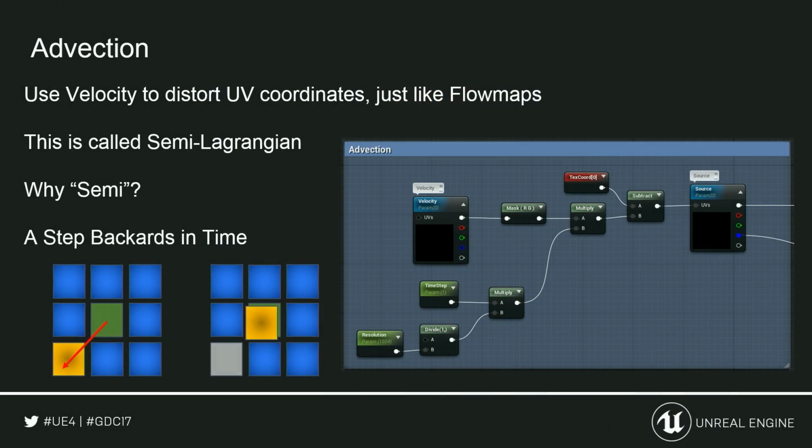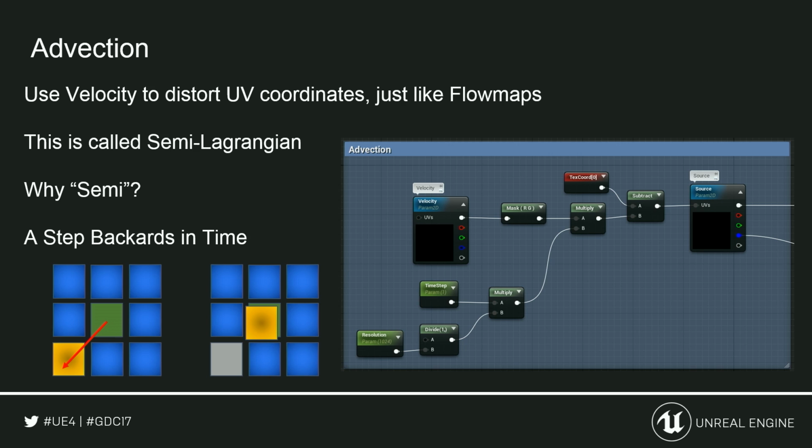So here, the green cell at the center of that little grid on the left says to take a step backwards in time and read the value from that orange cell, which then in the next frame, you can see the orange cell has been written to be that center cell to replace it. And this is just showing the basic concept. This is an actual screenshot from the advection that I'm using